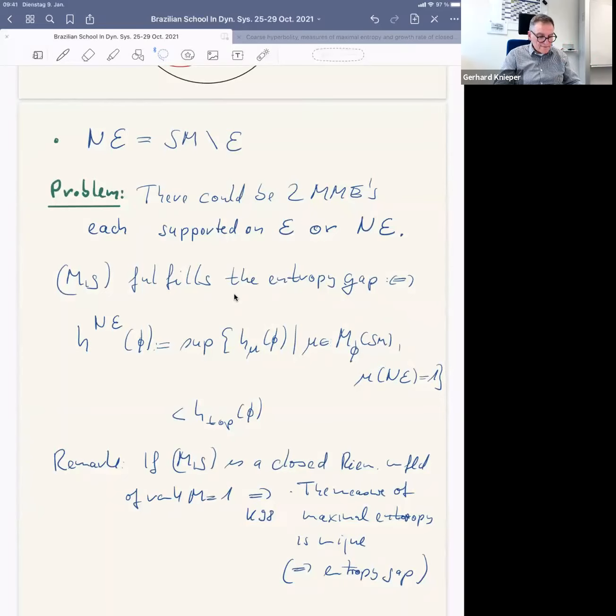And I want that the supremum of all these entropies should be smaller than the full topological entropy. So that's a condition, and we call this entropy gap, so that this set can carry entropy, but not as much as the topological entropy. Okay, now